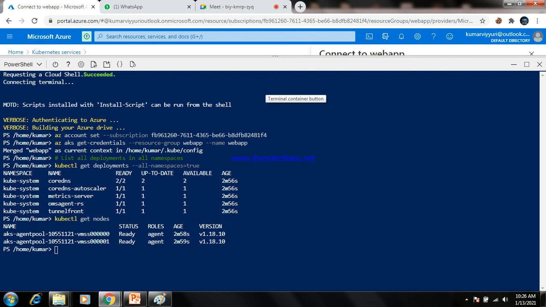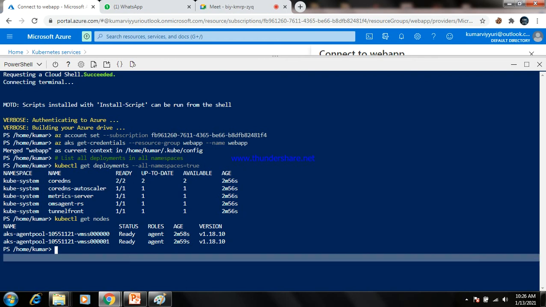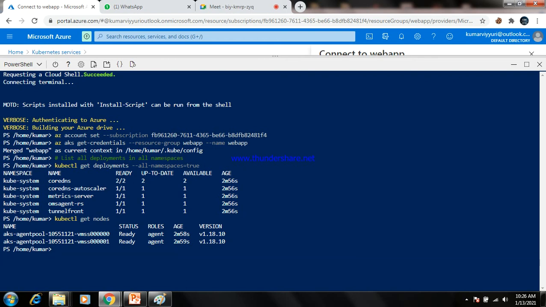Then you can check the services. What services are running in your Kubernetes? Give kubectl get svc, and you get the actual service information.